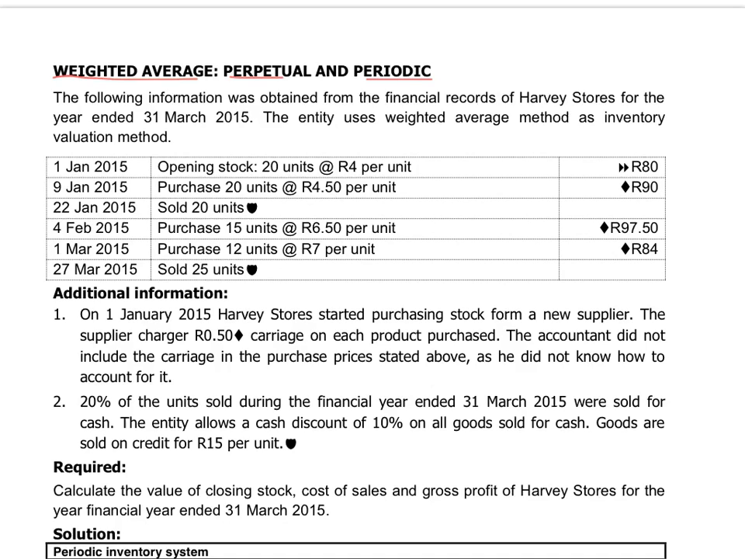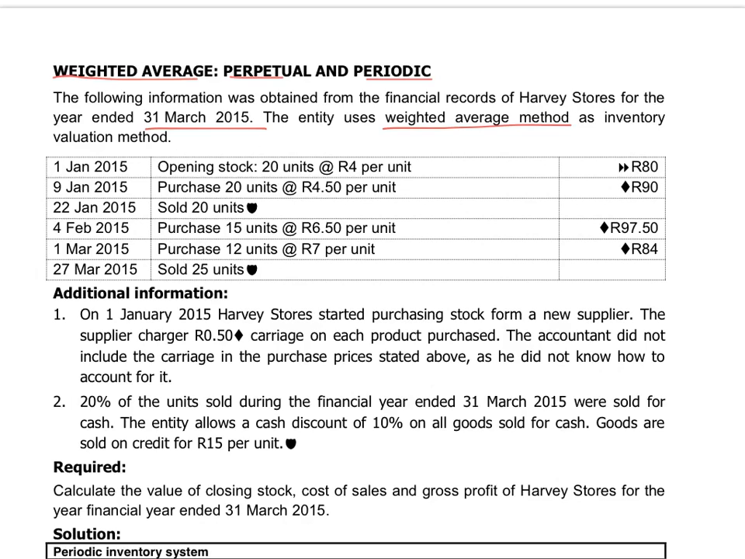The following information was obtained from Harvey Stores for the year ended 31st of March 2015. They used the weighted average method. Now, when the weighted average method is used, it means that they don't sell the first stock first. They just put all the stock together when it's purchased, and they calculate an average price between the old stock